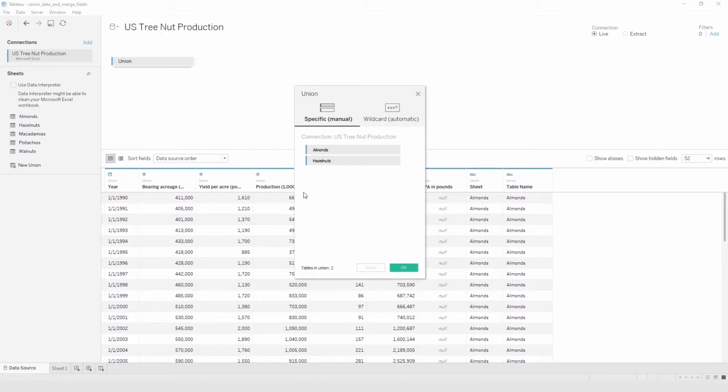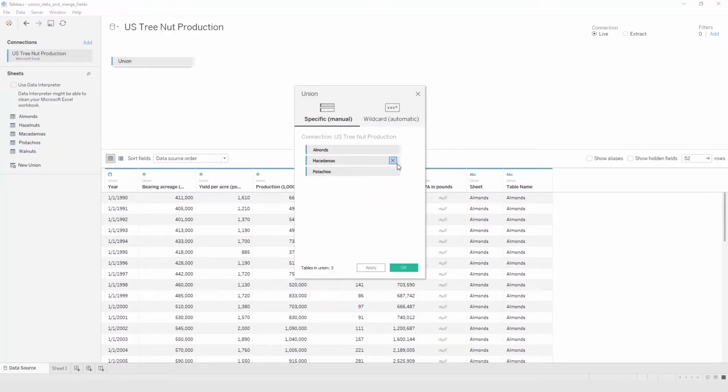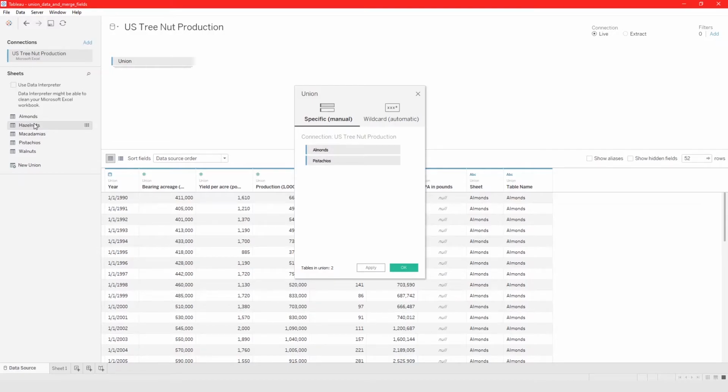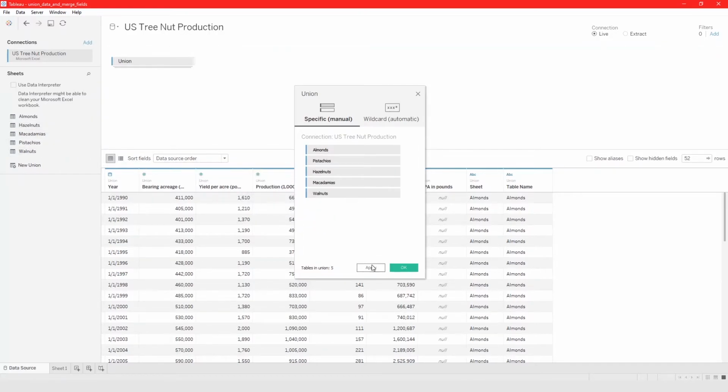Another way, you can also drag multiple sheets at the same time. So you can click on this. If you press and hold Shift and click this, it will highlight everything here and you can bring it into the view. Or you could also click on something like this, press and hold Control and then choose different sheets and drag it into the view. And we can click on Apply